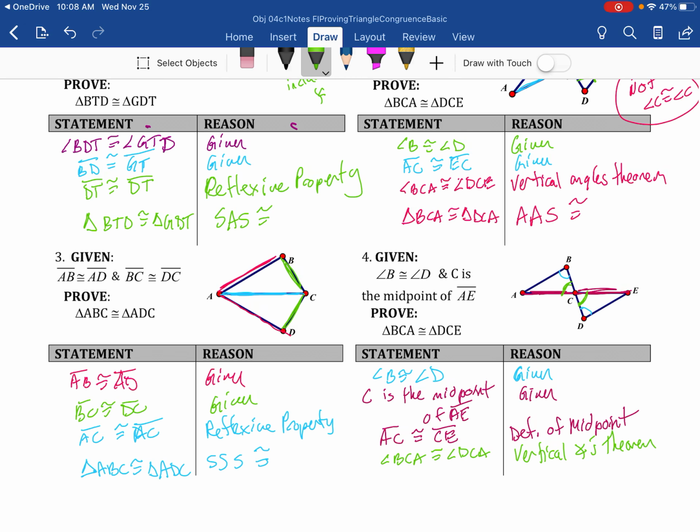Now I have enough information. I can say triangle BCA must be congruent to triangle DCA by angle, side, angle congruence. I didn't mean to have two of those, but that's how you do proofs. They're not so bad. I just want you to try it out, and we'll talk about it more next class on how to do a proof. But I want to see what you guys